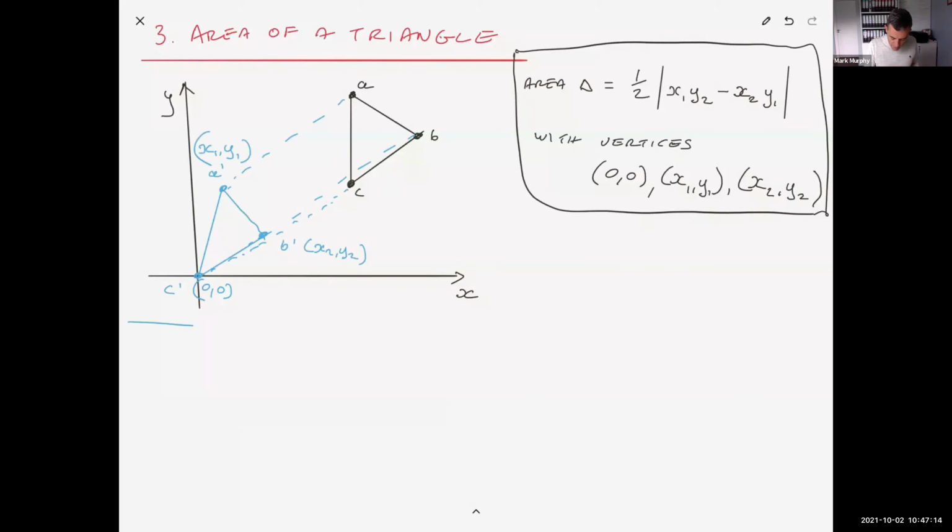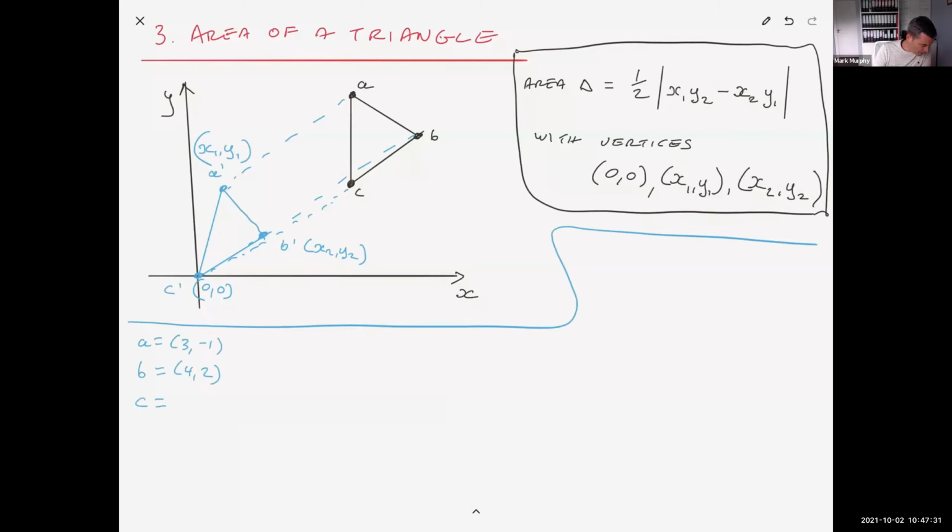So I'll maybe do it down here, might be easier. Okay, so the question is, find the area of a triangle with vertices A equal to (3, -1), B equal to (4, 2), and C equal to (-1, 3). That's the way they come in an exam as well, right? Usually. Now, the problem here is that